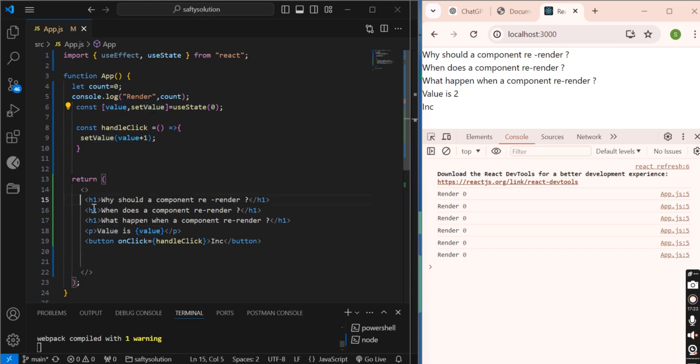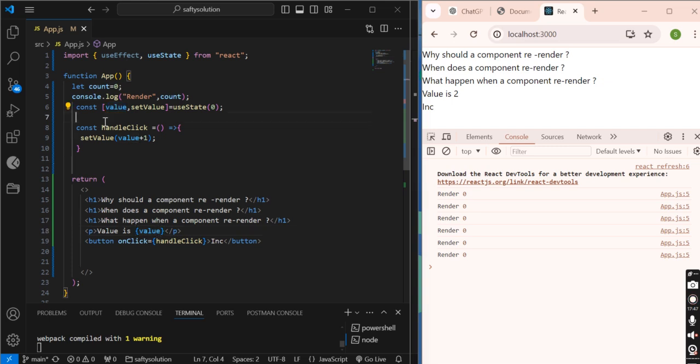Again this whole component will be evaluated one by one, and when it gets there, its value will be 2. This is how React works. This is why the component re-renders.